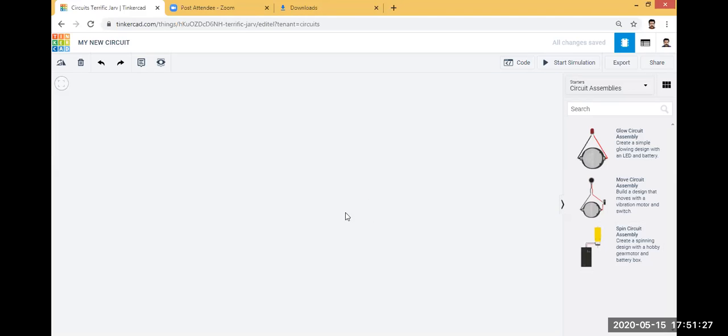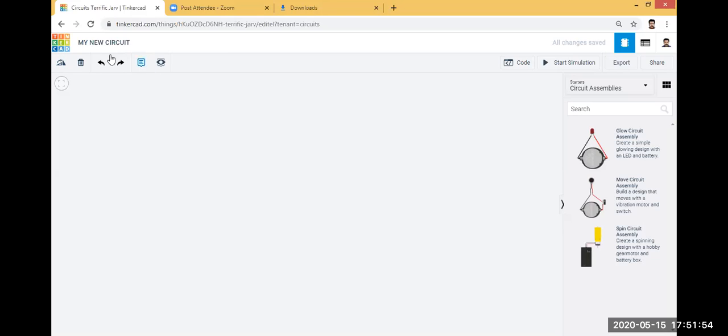So once again, before I conclude, I will explain a few more points. First of all, you have to open the create circuit option. Then you can see the workspace of the create circuit. Then on the left side, first you have to change the name of the circuit design. So here I am giving the name as my new circuit.